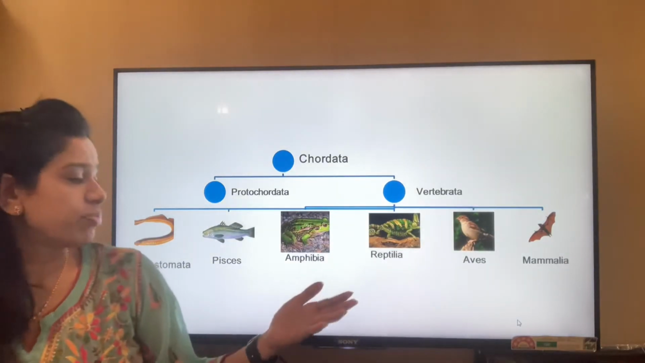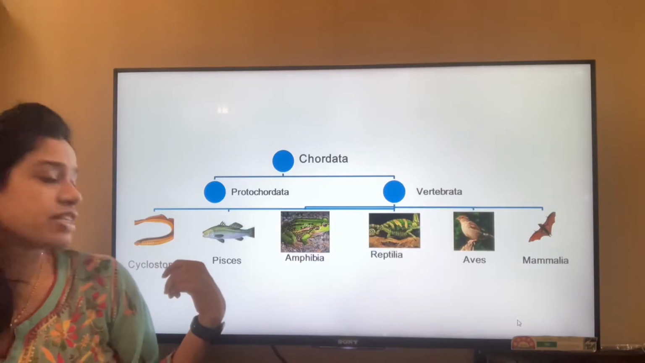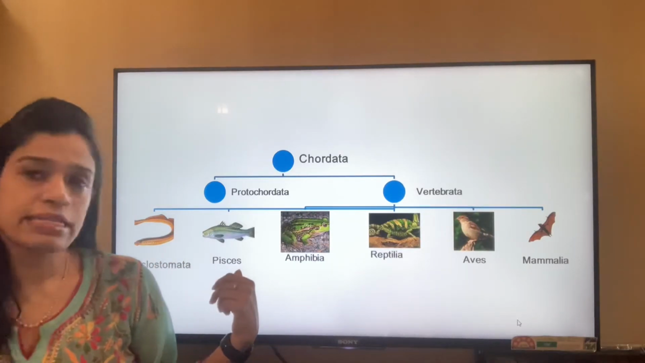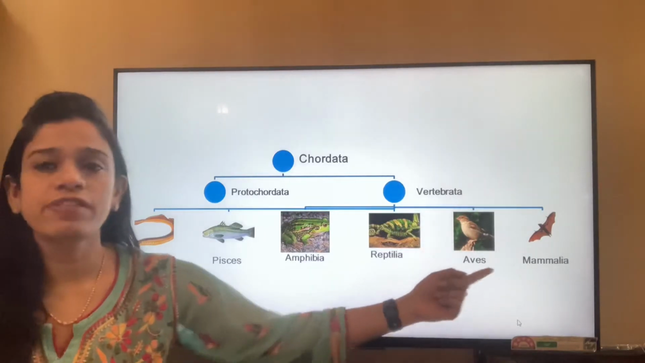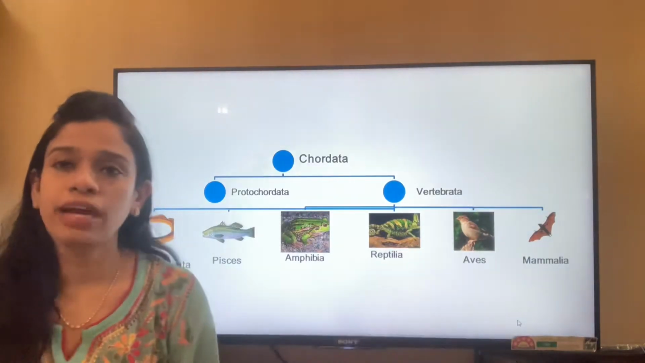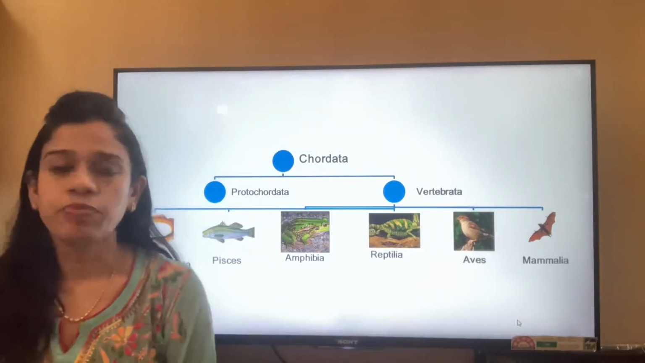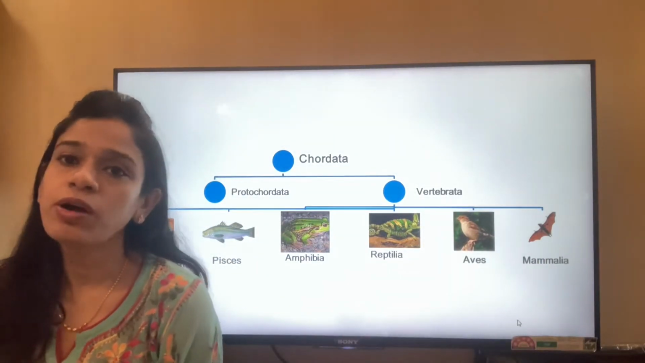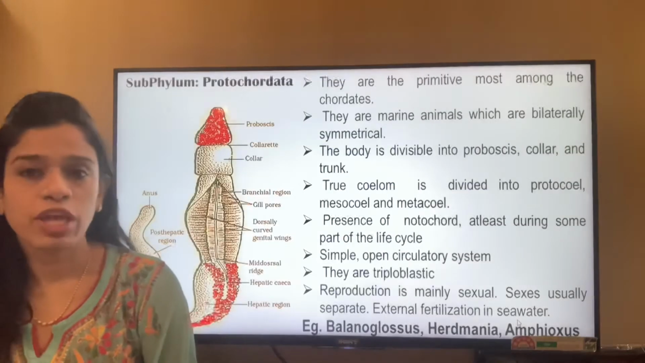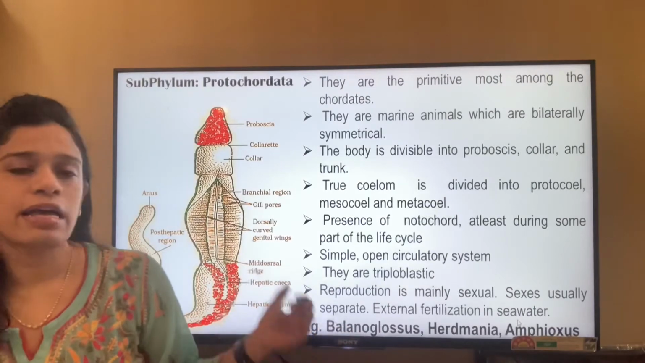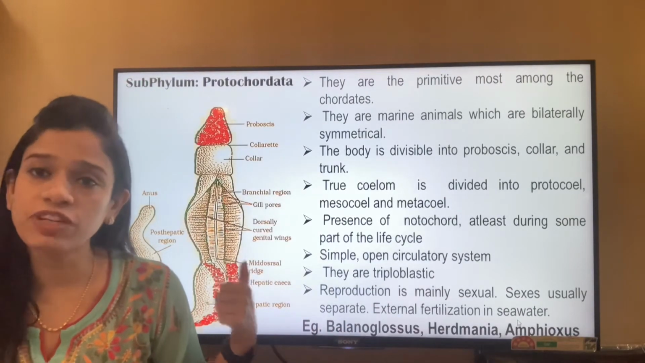So under the Vertebrata we can see the classes Cyclostomata, Pisces or the fishes, Amphibia, Reptilia, Aves, and finally the Mammalia, the group to which we human beings belong. So let's start with the subphylum Protochordata. As I told you, this is the first subphylum where we see the presence of the notochord,